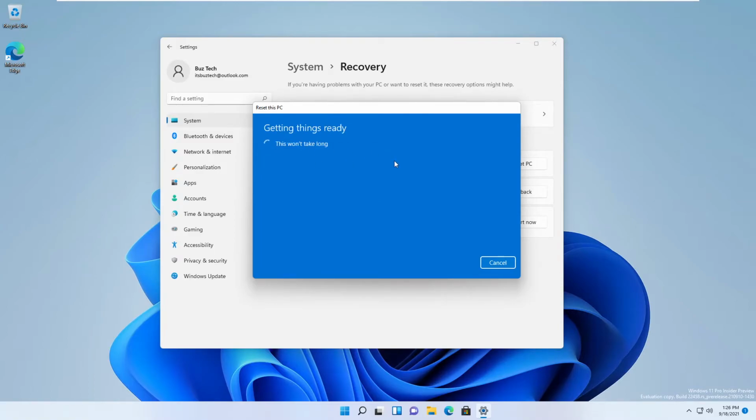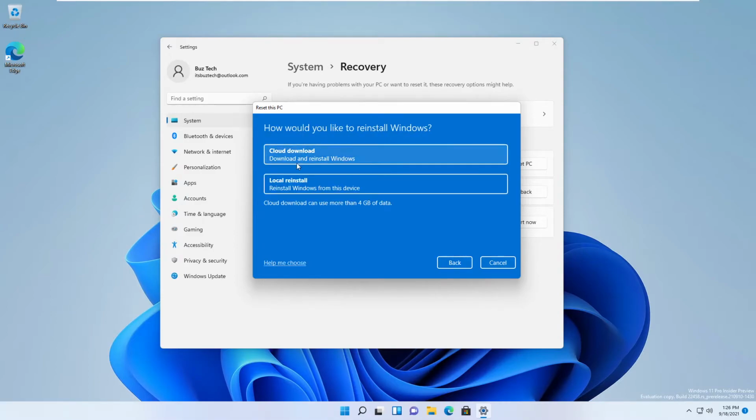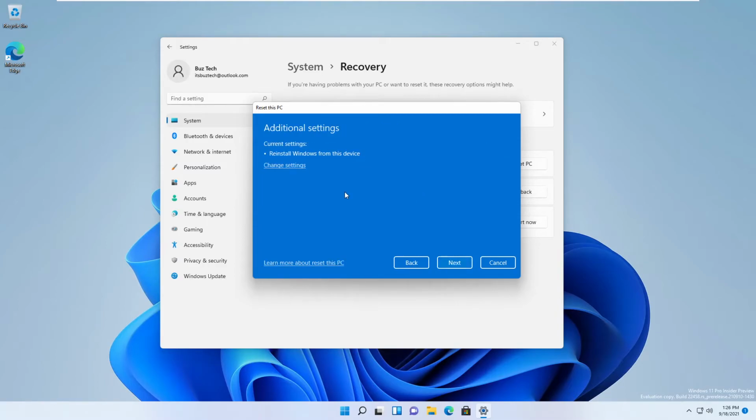Press Keep my files, wait a bit, and here we have to go on Local reinstall, Reinstall Windows from this device. Left click on that, and now Reinstall Windows from this device. Next. Recent update: this PC was recently updated. If you continue with Reset this PC, you won't be able to undo the update. Next, this won't take long,